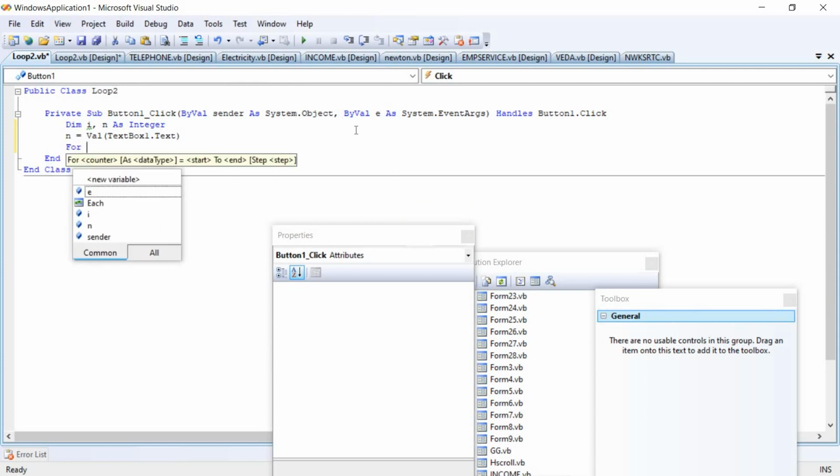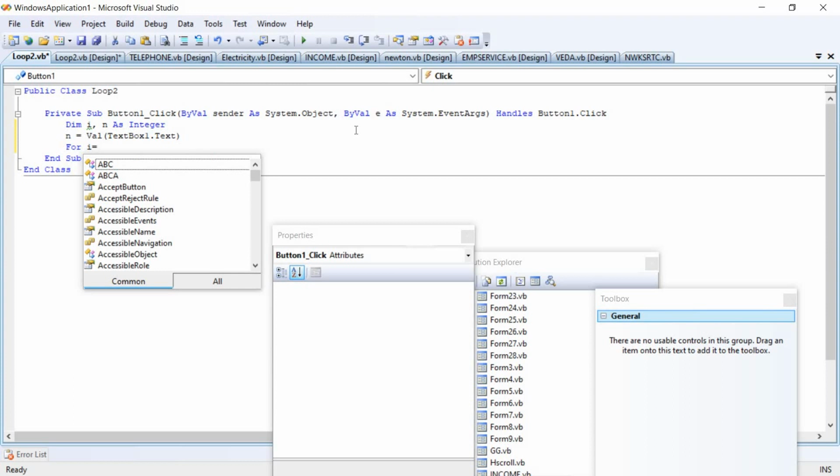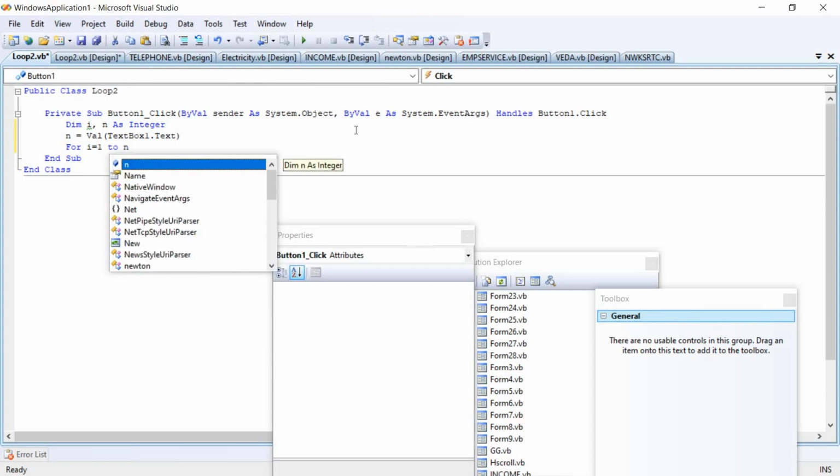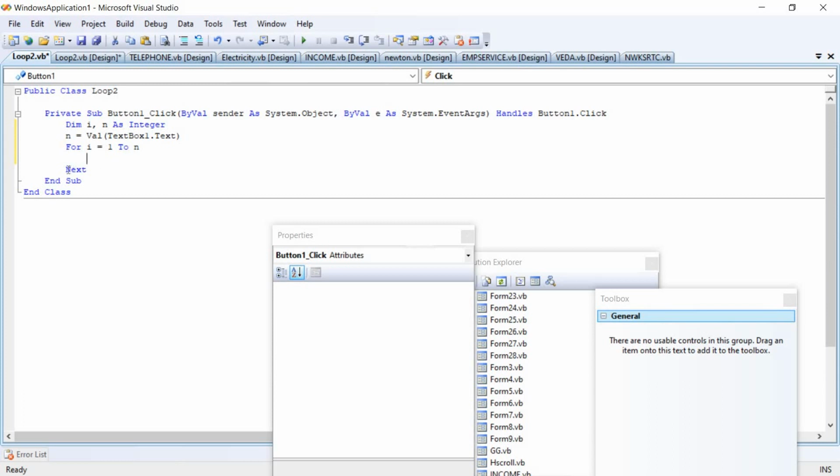For loop, for I variable is used. I is equals to, we will provide the starting number, that is 1 to n. Just press enter. Automatically we can see the for loop will end with next. And later we have to display the output.